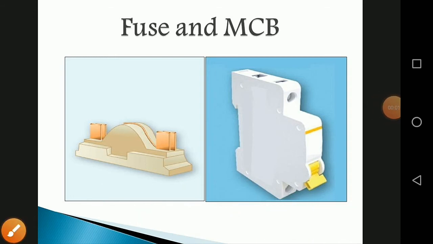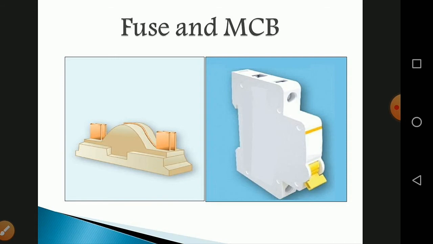We have learned about the fuse wire in earlier sections. If you see the figure, MCB is a switching device which can be activated automatically as well as manually. It has a spring attached to the switch which is attracted by an electromagnet when excess current passes through the circuit. Hence, the circuit is broken and the protection of the appliances is ensured.